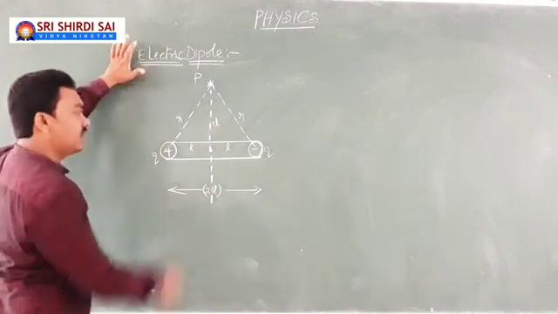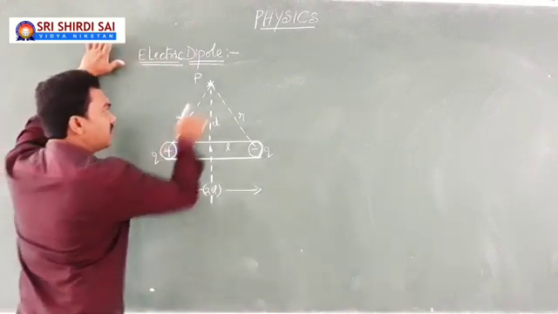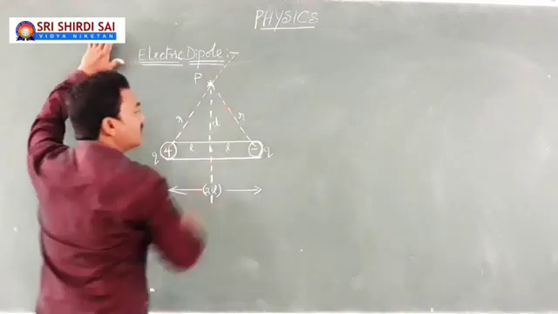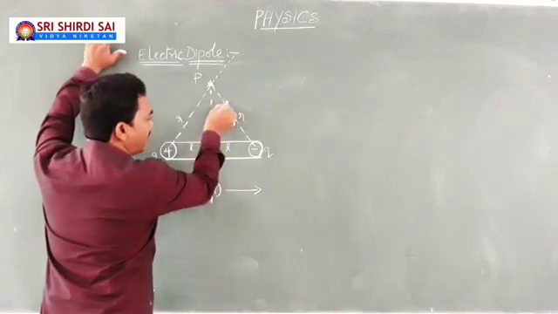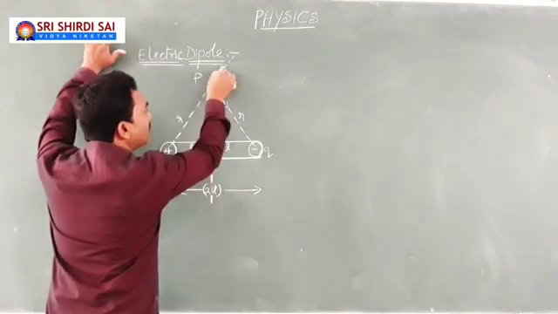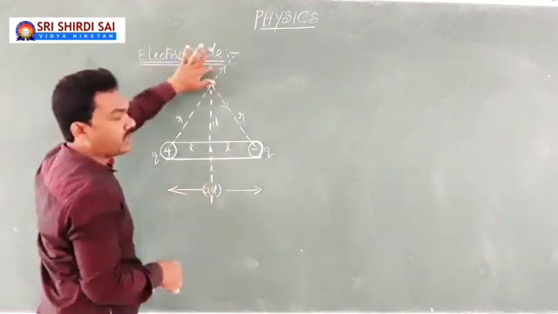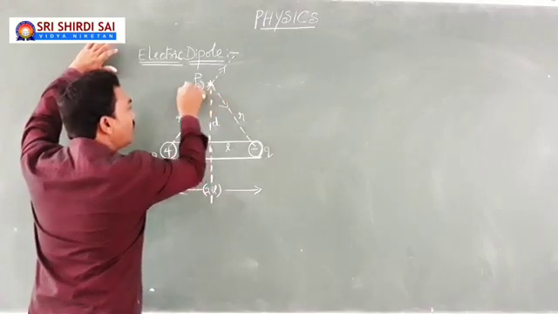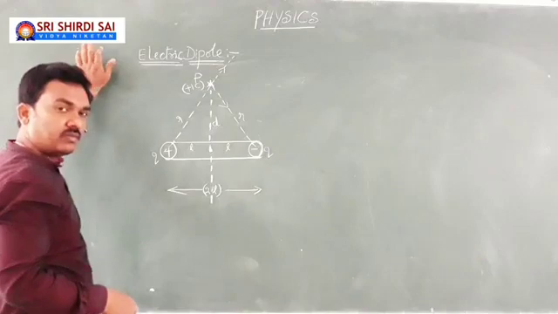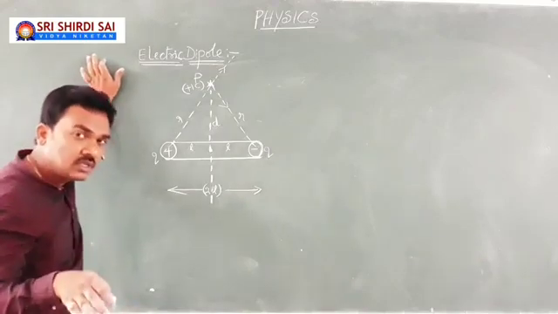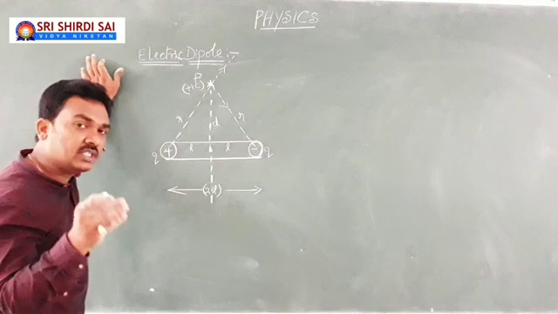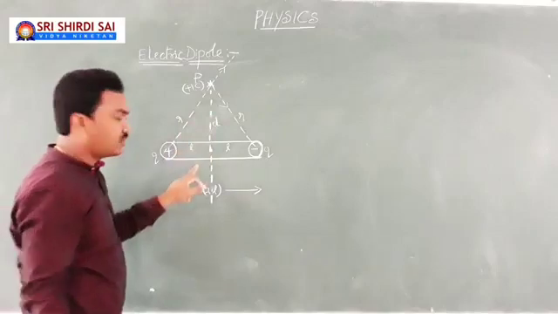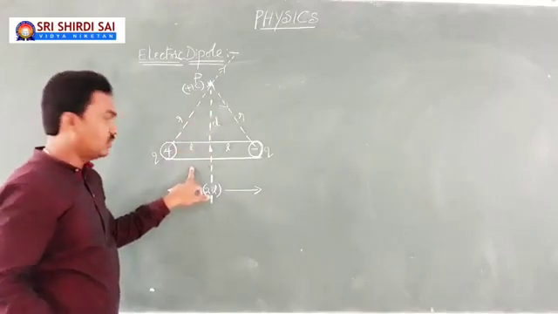Using force concept you can derive, using field intensity due to a point charge concept also you can derive. Earlier force concept I told you, here also it will be like that. Due to this positive charge there is repulsion, F1. Due to this negative charge there is an attractive force, F2, in this way. Now we go for the resultant of F1 and F2 on writing equations for force experienced by 1 coulomb of positive charge at that point. Apart from this, using field due to point charge concept also, I can explain that field intensity at this point due to the dipole. Let me explain that, you see.